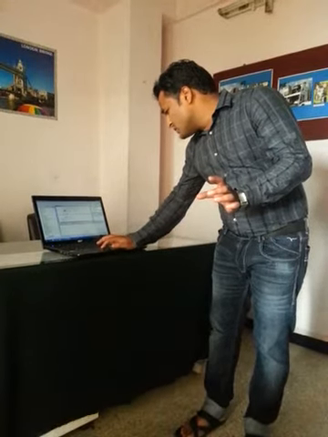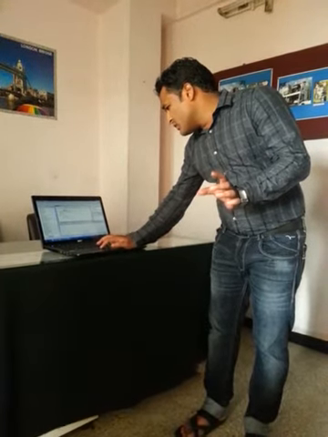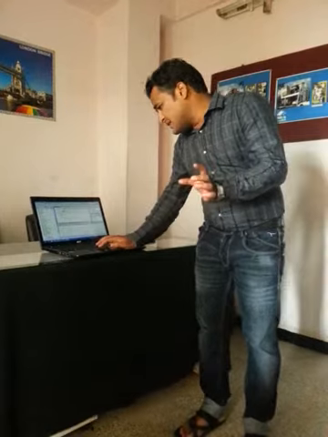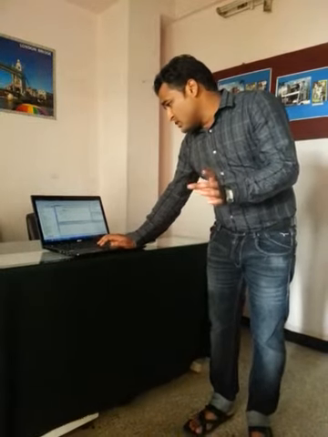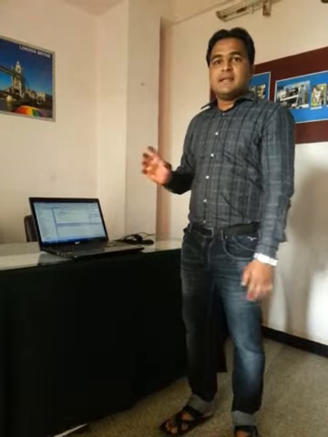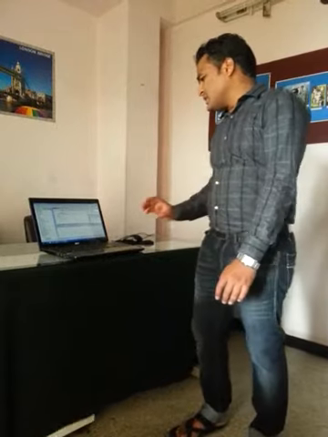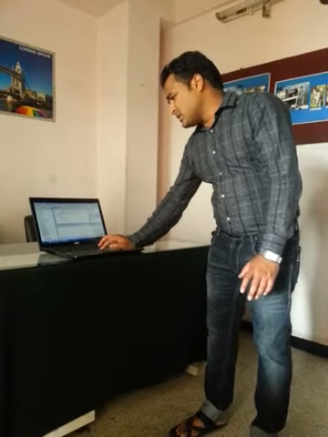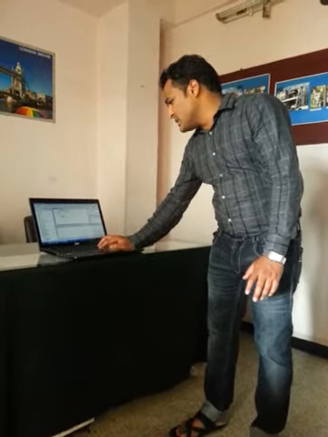Then, as I told you, we have to close the prepare statement and then close the connection. If you don't close the connection, there won't be database consistency. If I am entering a record and somebody else is also entering a record, then there won't be consistency of data. So we have to maintain the consistency by closing the prepare statements and the connections.